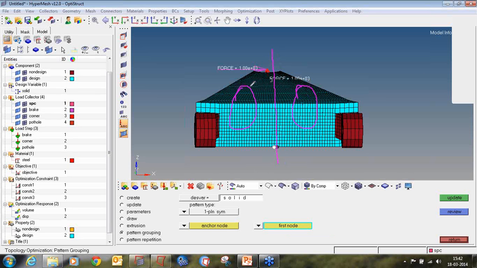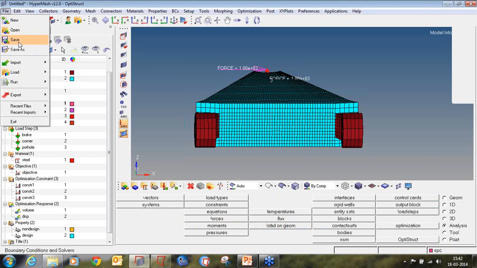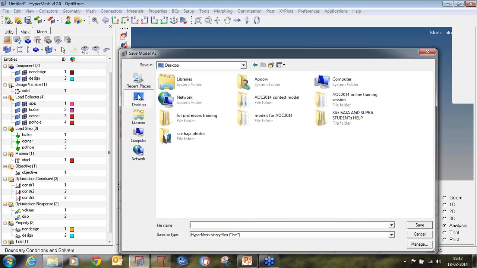So along this axis it will have the symmetric removal of material along these two sides. Click on update to update the parameters. So I have put in two values, that is draw direction and symmetric pattern. Now we will save this file.